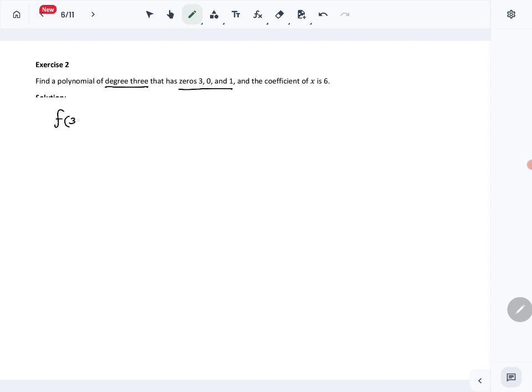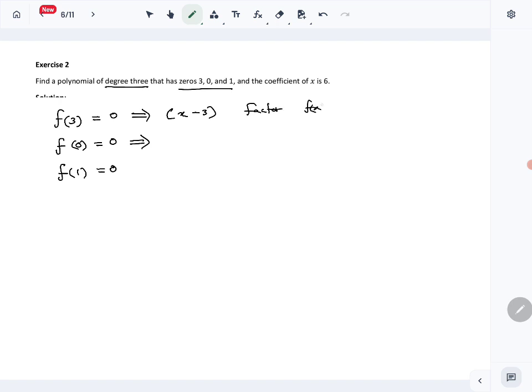What do we know? 3 zeros means what? Let's take our polynomial to be f. F of 3 is 0. F of 0 is 0. F of 1 is 0 because they are zeros of the polynomial. Then from the remainder theorem, what do we know? Sorry, not remainder theorem, factor theorem. What do we know from factor theorem? F of 3 is equal to 0 means what? X minus 3 is a factor